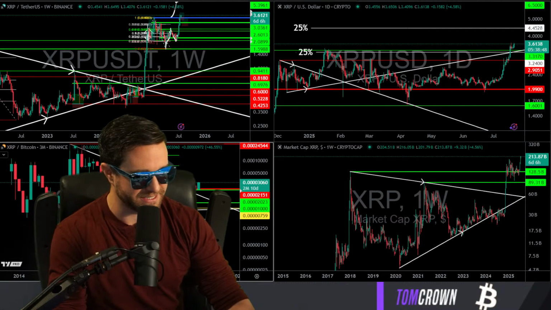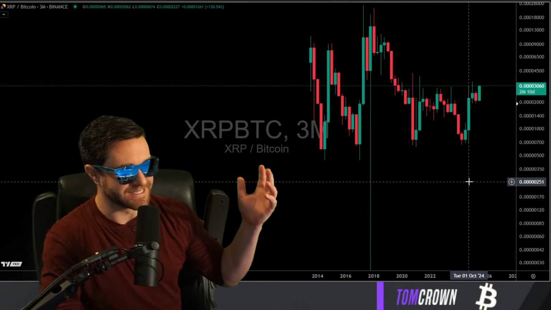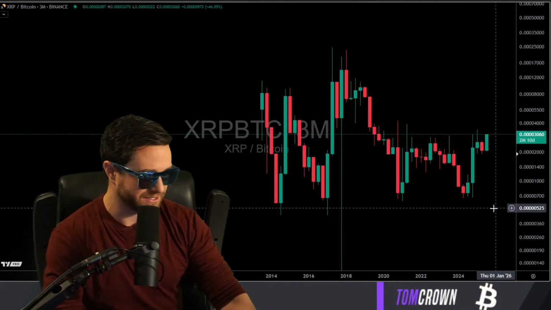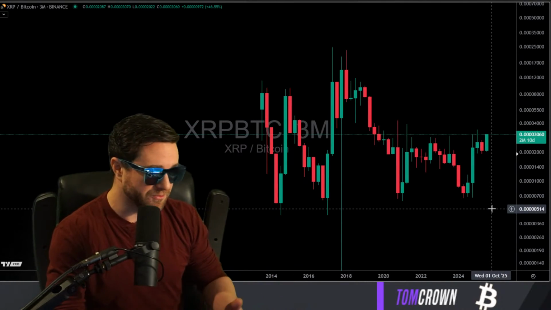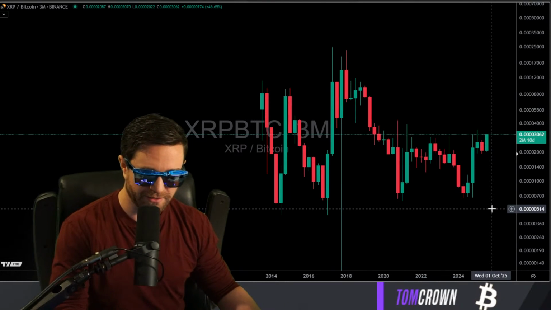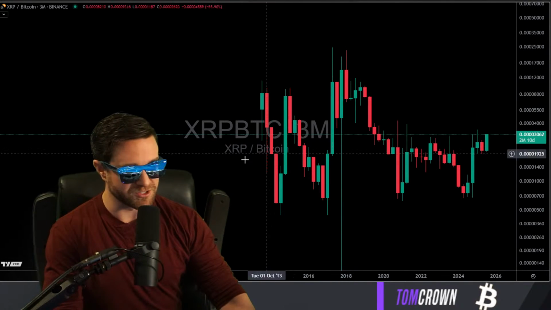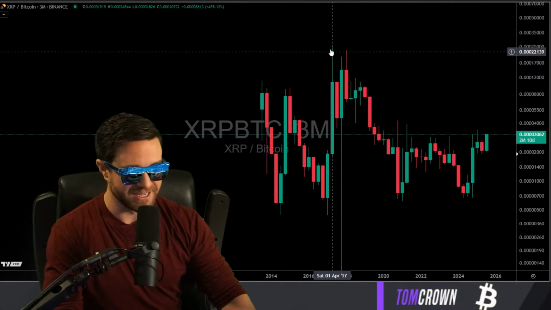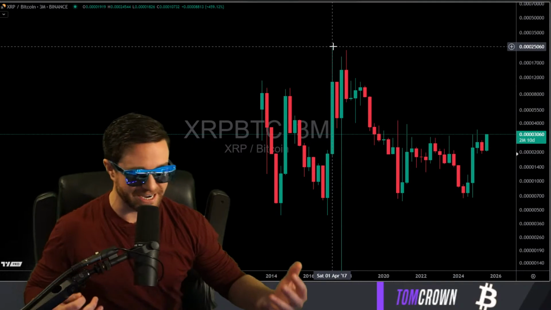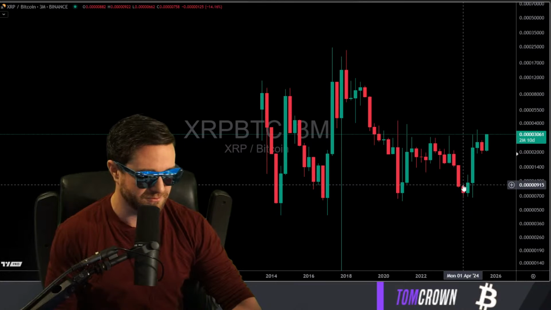Look at XRP BTC. The answer, though, is that there are periods of time, not just with XRP, with everything, where you would have benefited more from being in things not Bitcoin. But the overall picture, when you look at these coins, is they almost always have the same image, which is at some point years ago, depends on how old they are, they put in this crazy high in value against Bitcoin, and they've never returned to that value.